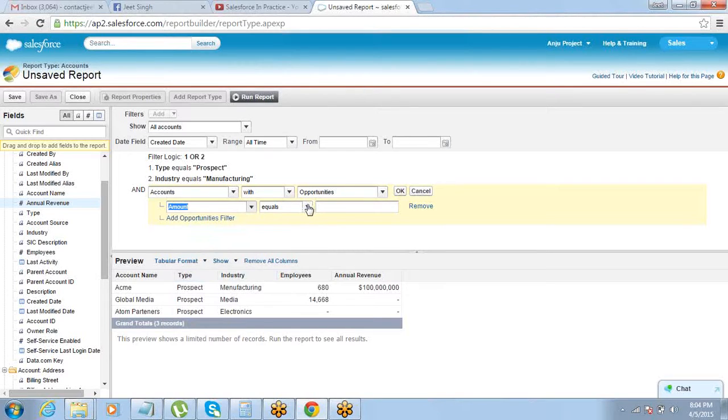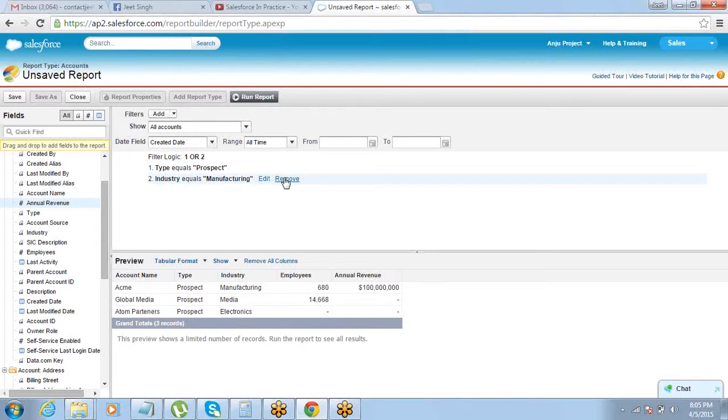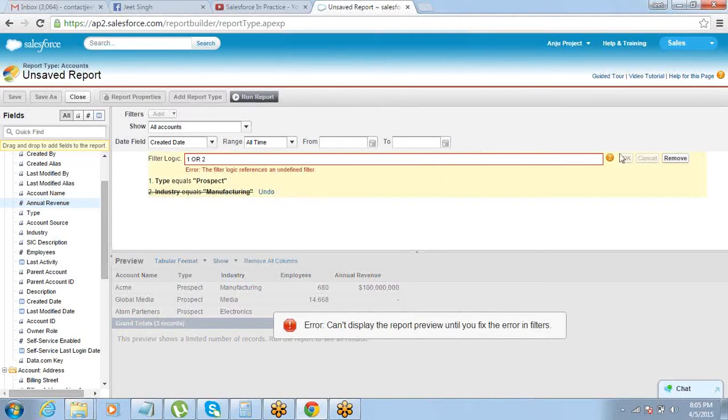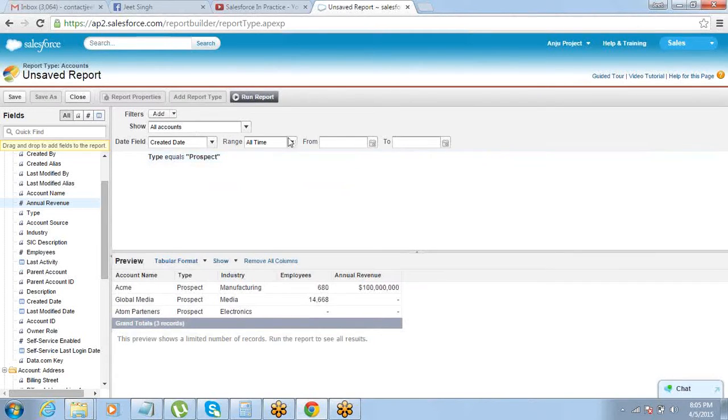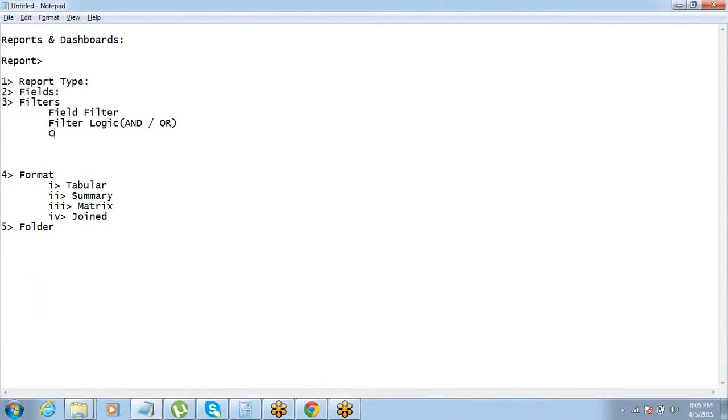I say okay, I need only the accounts which have opportunities with an amount greater than 20,000. Now these are the only two records left with that particular condition. Correct? So that's the cross filter. I can remove all this. I've removed all the filters.